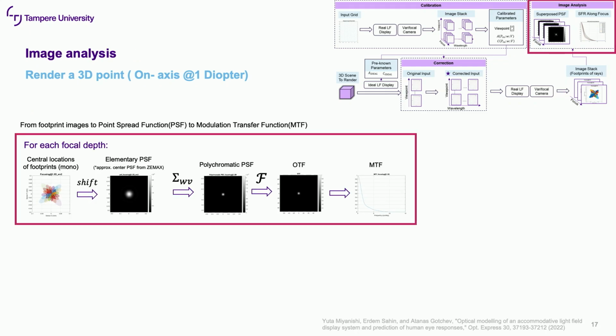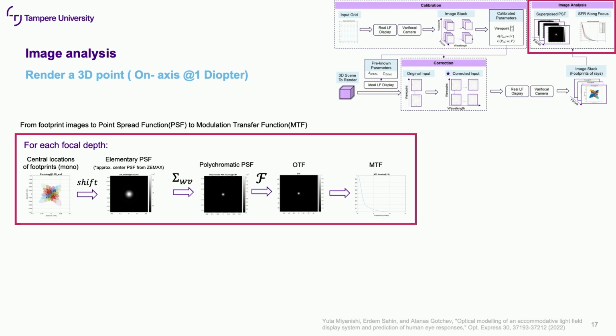Since evaluating image quality solely based on the ray patterns isn't common, we converted these patterns into observed point spread functions, or PSFs. We then use these to calculate the modulation transfer function, MTF. For each wavelength, we identify the central location of each footprint and shift the corresponding elementary PSF to these locations. We simplify this processing by using the central elementary PSF, the PSF of a central input pixel, rather than the